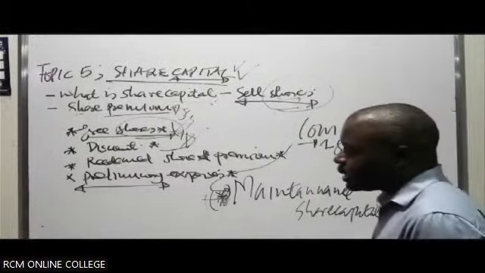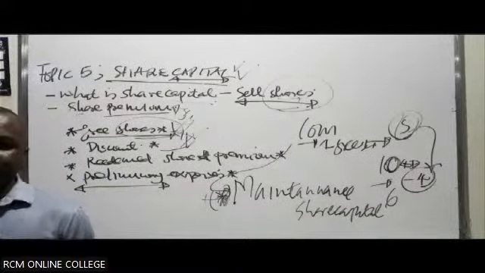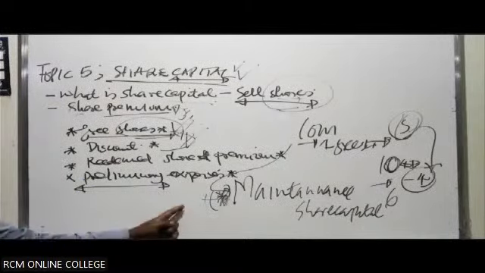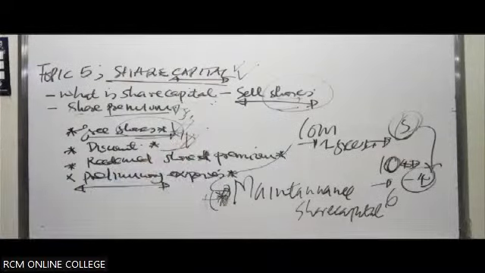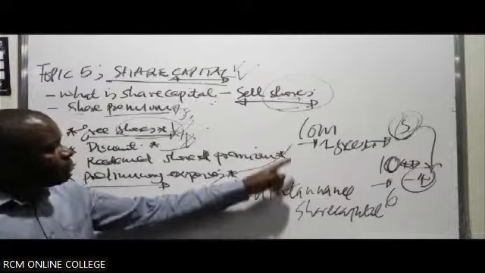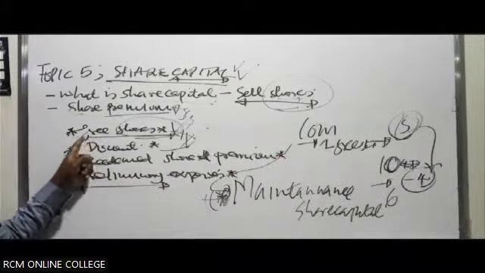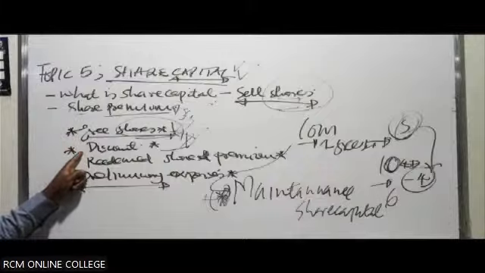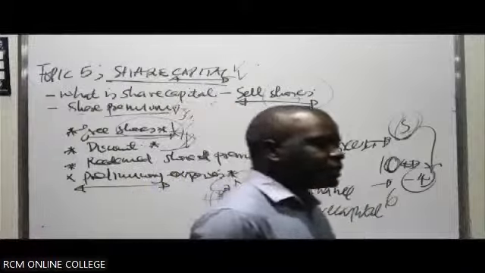If today the company was to be liquidated, where do we get the money to pay the creditors? We go to the share capital. If we have not been maintaining it, because we gave some free shares, well, books of accounts will be lying. We have 10 million, yet we have a deficit of 1 million because we gave out some free shares. Some of the others were at a discount.